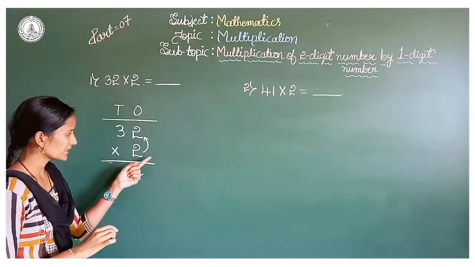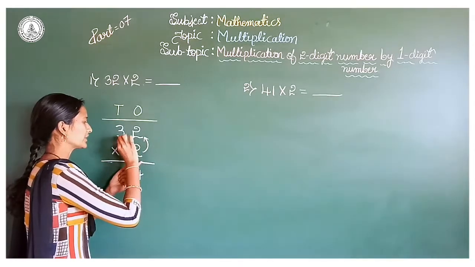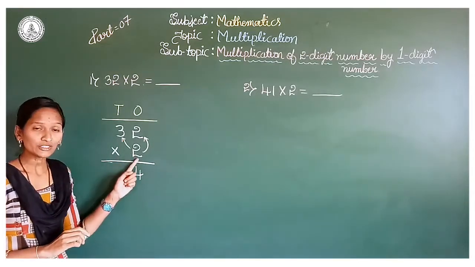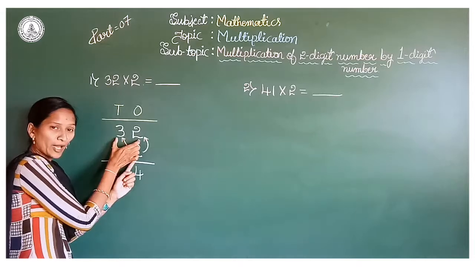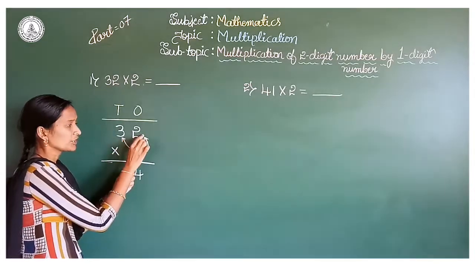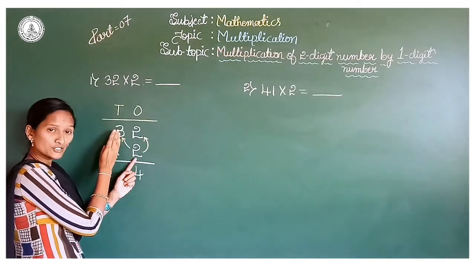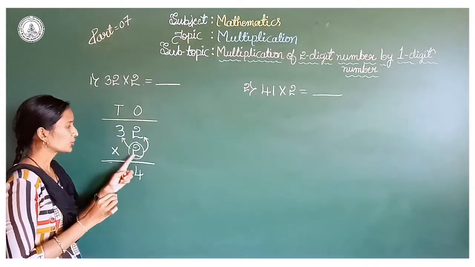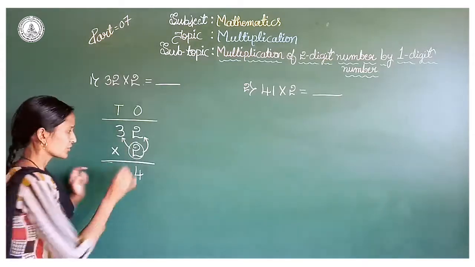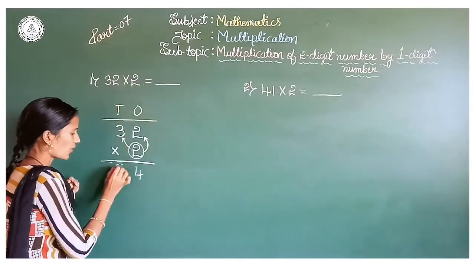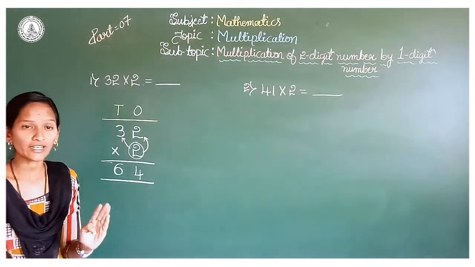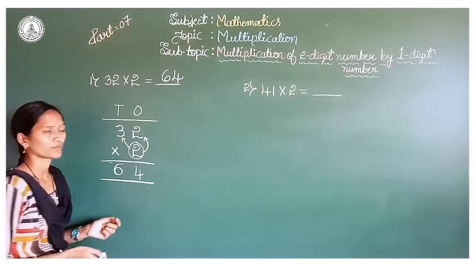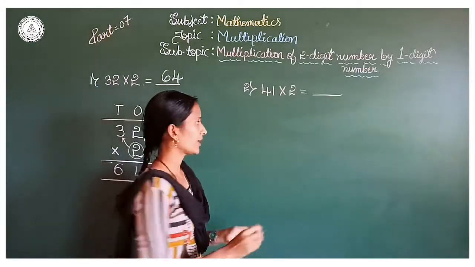Next, after this, again you have to multiply with 3. Here the multiplier is 2. By using this, you have to multiply these two numbers one by one. So we finish the ones. Next I move to the tens column. 2 into 3. 2 3's are equal to 6. So write it down under the column of tens. So which is our product? 64 is our product. So write down here 64. Right? So now come to the next problem.